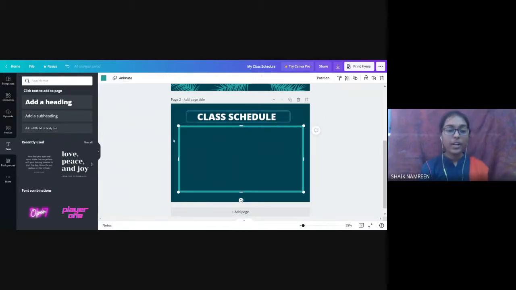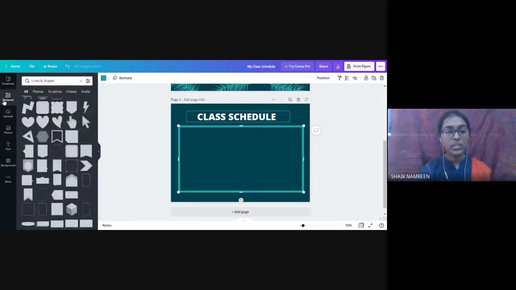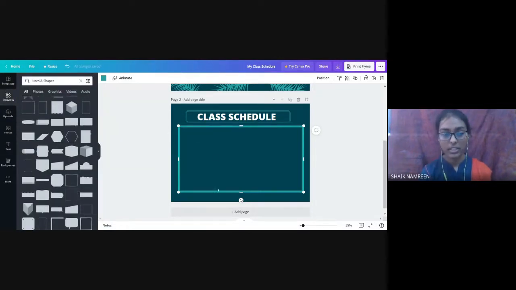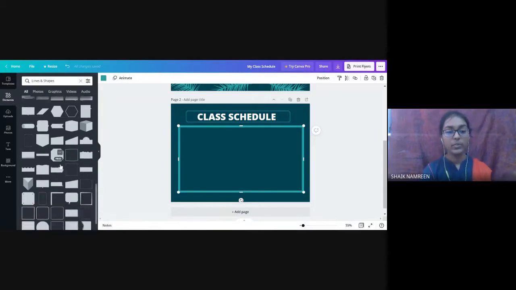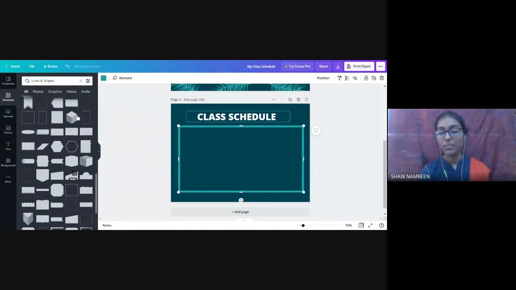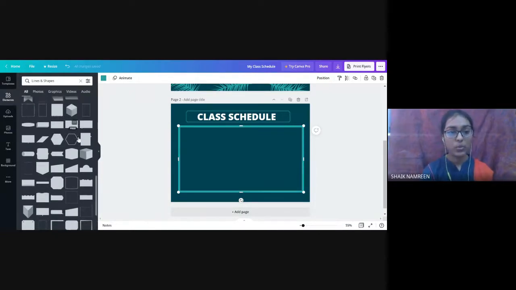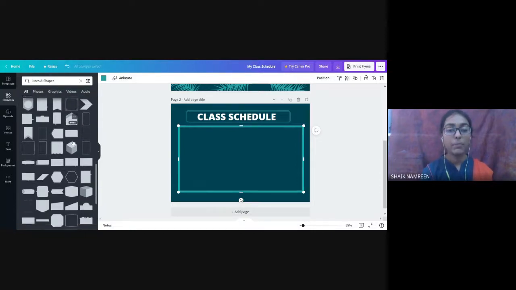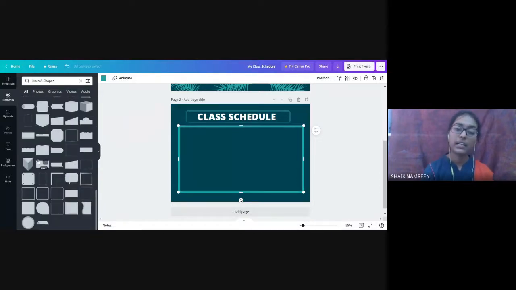So now, by using these elements, you can create some boxes here. Like I will show one row, but creating this will consume so much time. But I have so many for you guys, so I will show how to edit this all, and you can do a timetable for yourself, or select a template and you can edit it.